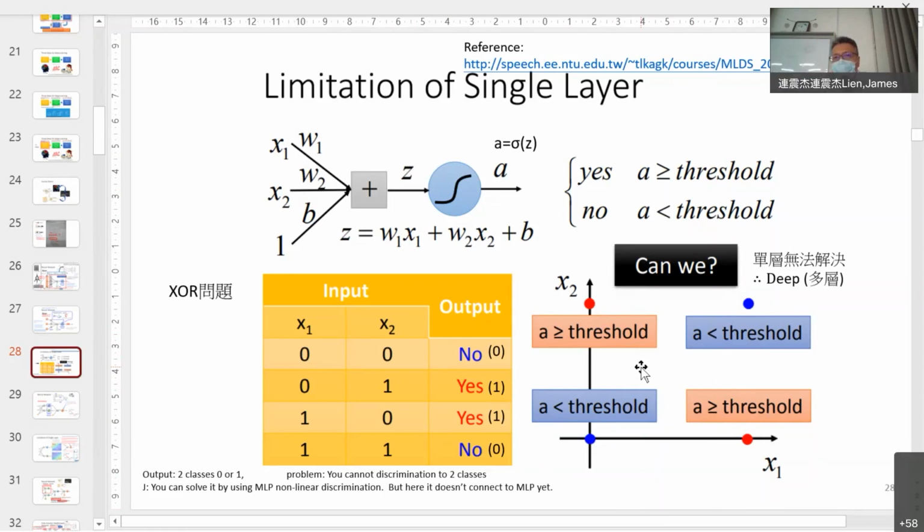But if you do SVM, they cut you to very high dimension and do linear discrimination.